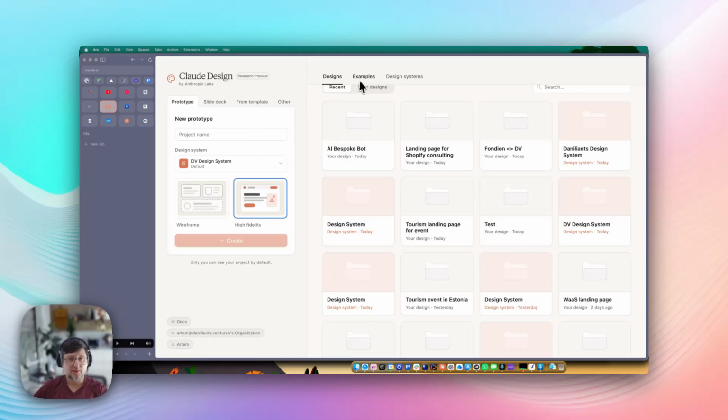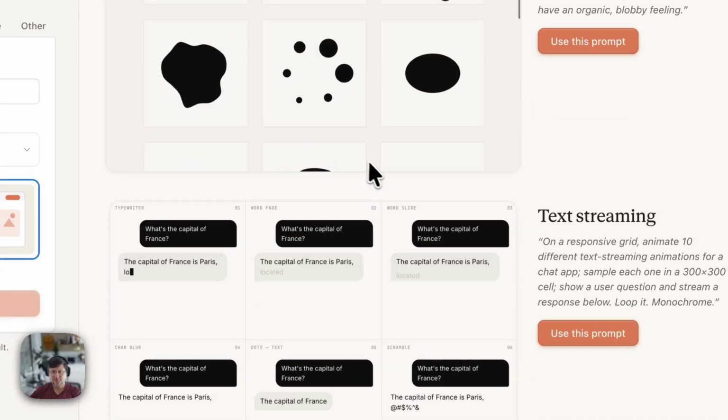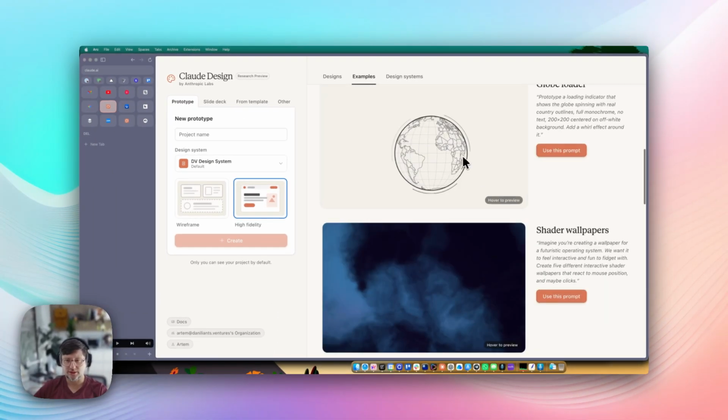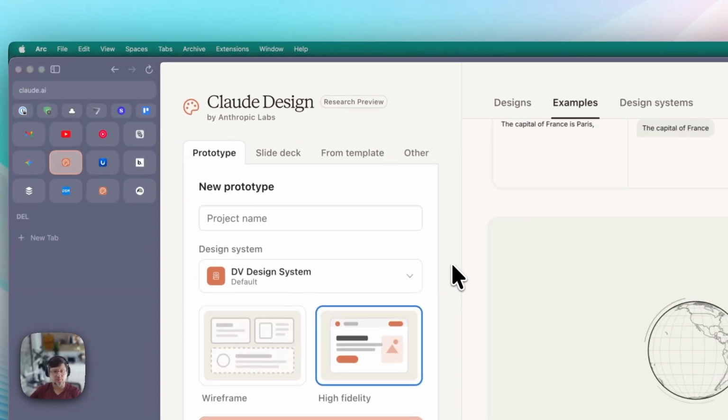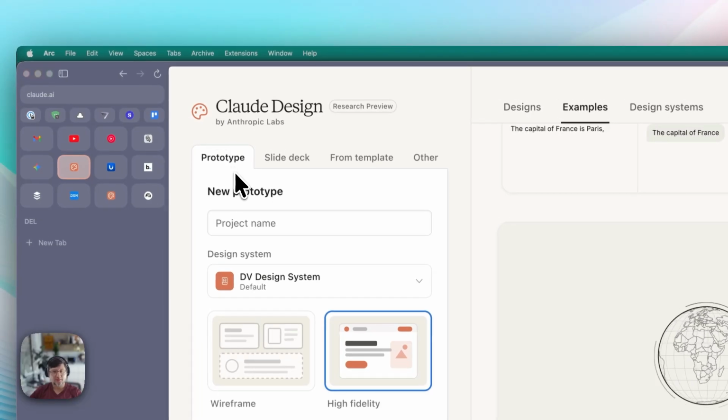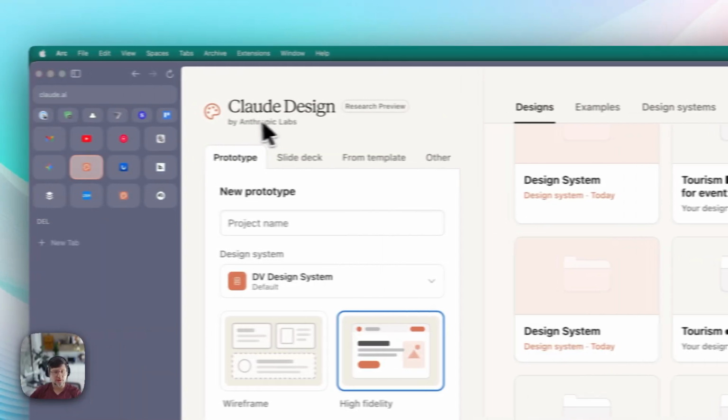But let's get started. And by the way, you can click examples. Here you can see some of the examples that you are able to create with Claude Design. They're pretty cool, and you can click use this prompt and use it as a starting point to try something new. But anyway, one thing that I have to tell you before you get started with Claude Design is that